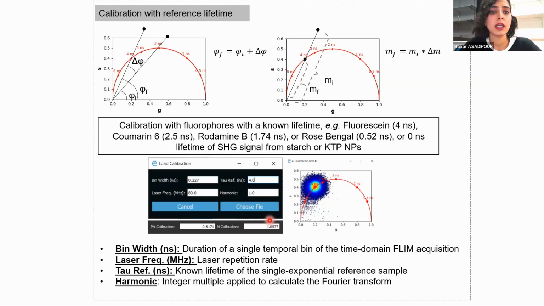So this calibration step is crucial, because if we don't have it, our phasor cloud is going to be somewhere random, basically. And we are performing this calibration with fluorophores with a known lifetime, such as fluorescein, which has a known lifetime of 4 nanoseconds, coumarin, rhodamine, and you can also use the second harmonic generation signal from starch or KTP nanoparticles, that has the